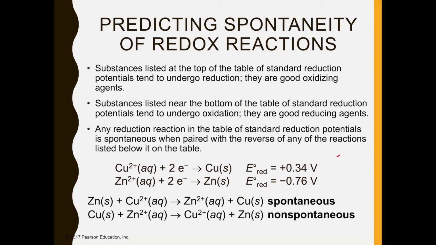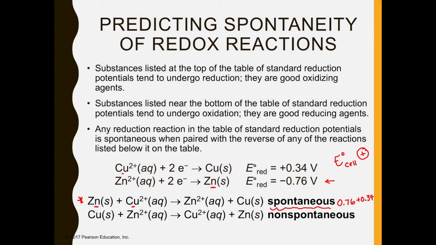And again, if that was confusing, you can just go through and calculate E naught of the cell. We need E naught of the cell to be positive. So like here, if we have, as it's written on top, zinc being oxidized, which means we will flip this. Okay, that will be 0.76, right? Because if you look, our zinc solid is on the left instead of being on the right, which shows us that we flipped it. Okay, so if our zinc is being oxidized and our copper is being reduced, just as it's written, then we'd have 0.76 plus 0.34, which will give us a positive value,